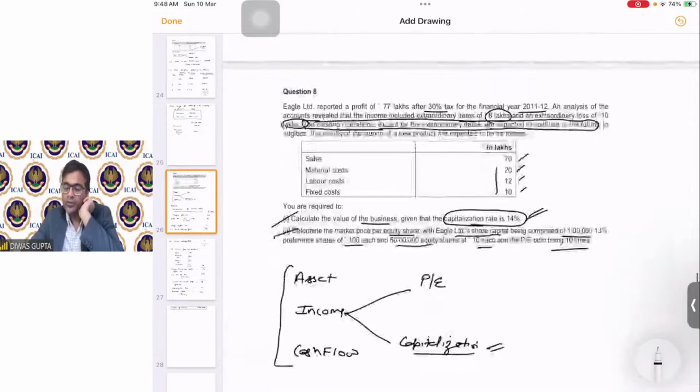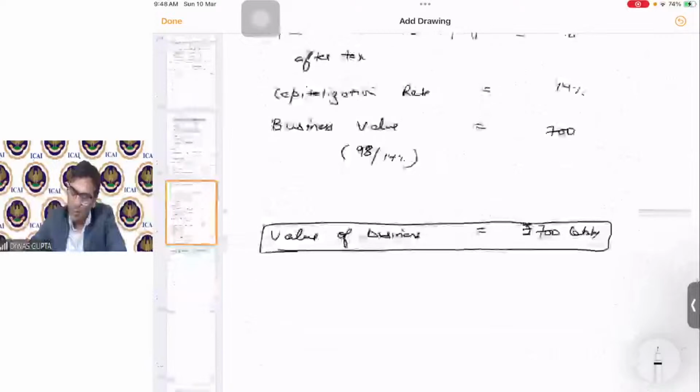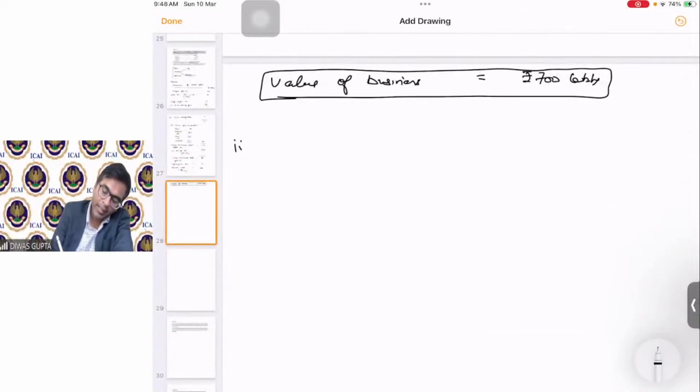Now, how should we do? We have been given the preference shares also. So there will be a preference dividend on them. We understand that the PE ratio needs to be multiplied with the EPS, but that EPS has to be post preference shares dividend. Then only we will be able to arrive at the pure play equity related value. Correct? So let's start for the second part from future maintainable profits after tax of 98 lakhs.